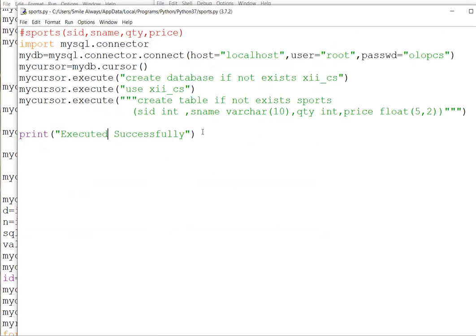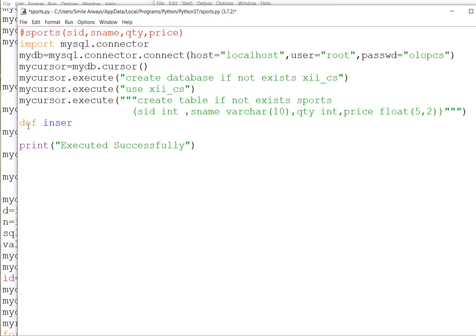Now see, I'm going to make all the functions. Okay, so the functions are, it is your choice where you want to create them. For example, I'm going to make my functions from here. My first function will be the insert function.